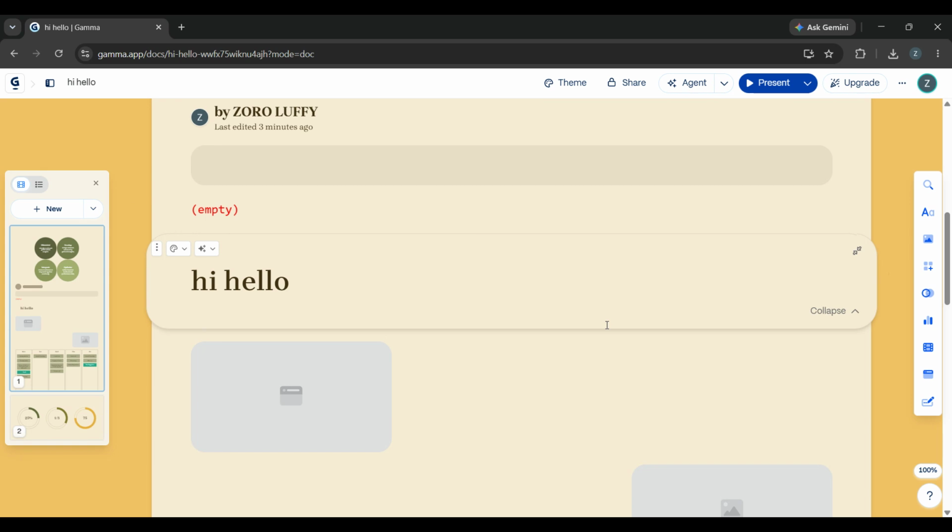It only takes a few seconds once you know the shortcut, and it's a great way to make your slides